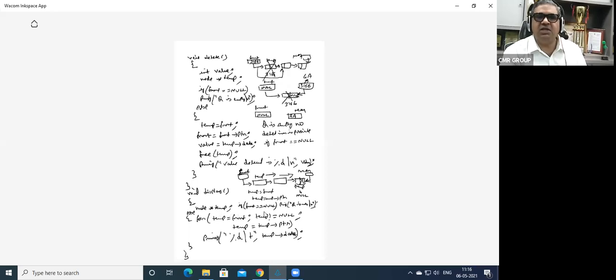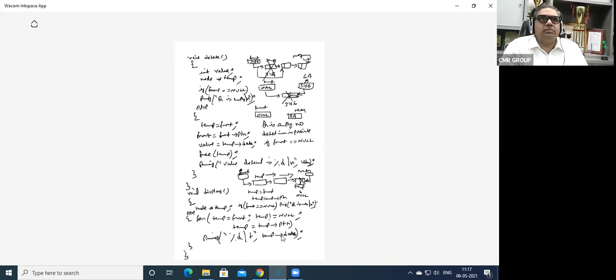Node star temp, if front is equal to null, printf q is empty, because if front is equal to null, then you cannot display any elements, right? Else for temp is equal to front, initialize temp, then temp is not equal to null. When the temp value becomes null, then it has reached the end of the linked list, right? And then temp keeps changing to temp arrow ptr. Like i plus plus, here you write temp is equal to temp arrow ptr. And you print printf percentile d slash t temp arrow data. That's all. So this is the display. Is the queue clear? Any doubt you have?